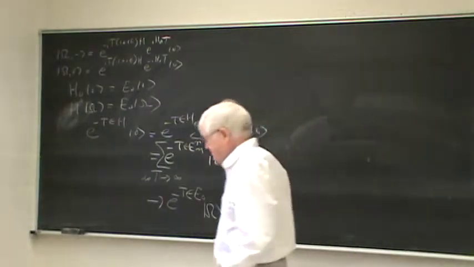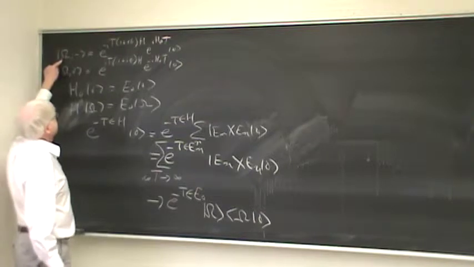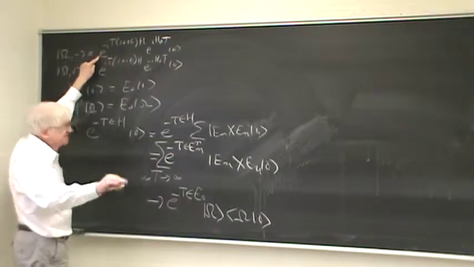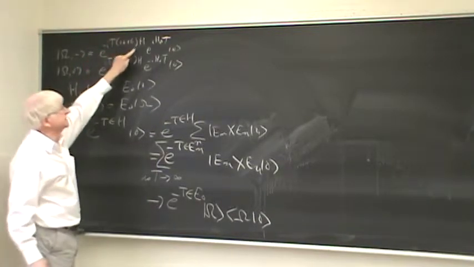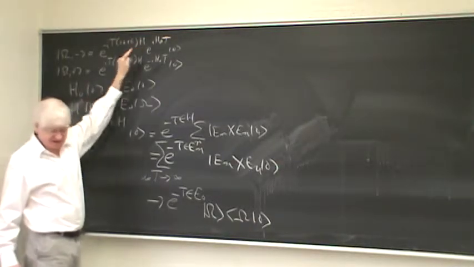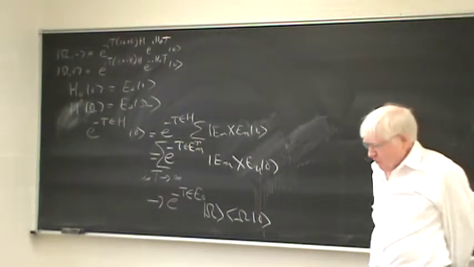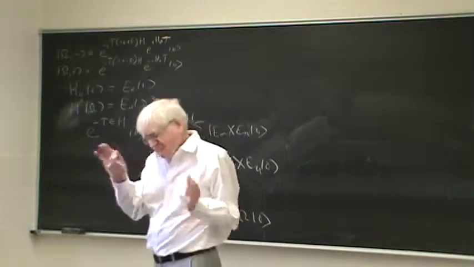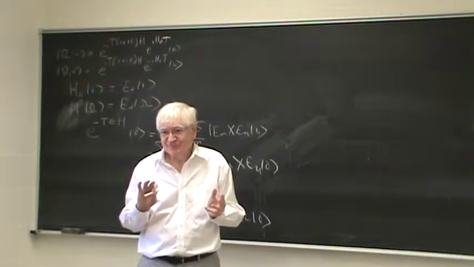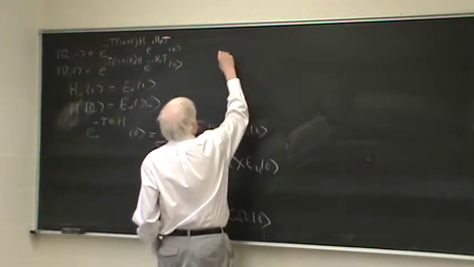You might be puzzled by something, namely, why did I say that omega as T goes to minus infinity is e to the minus iHT on the state? Normally you'd think it's e to the plus iHT. Well, it turns out that in all the quantum mechanics books there's a sort of fairy tale, which, in other words, what we do is we say